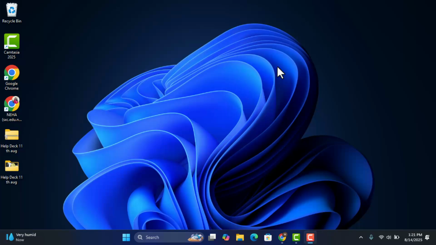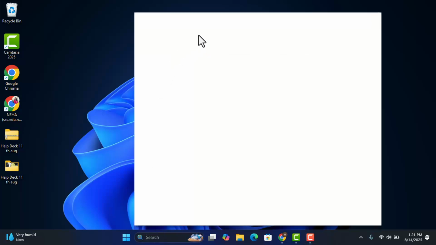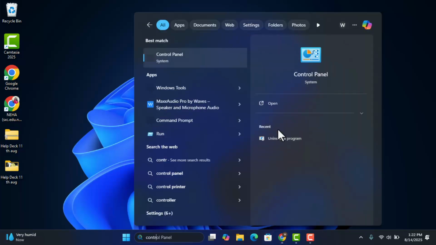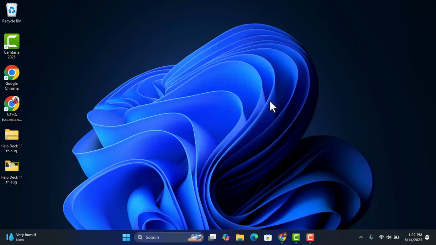So first step, you want to uninstall GOG Galaxy through the control panel or the settings app. So for that, click on the search bar. And on the search bar, you simply want to type in control panel. So here it is. You want to open this up and it's going to take you to the next field